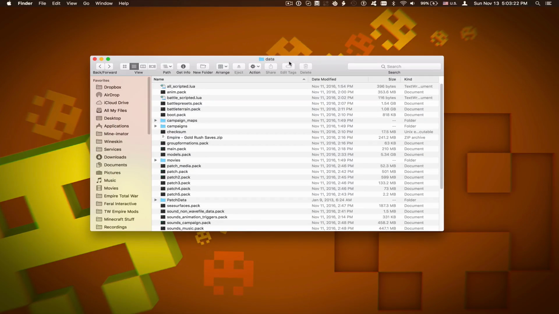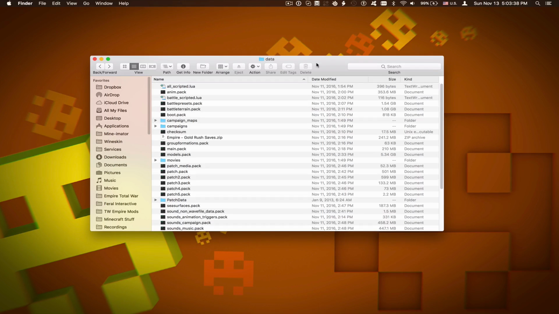Gunfonix here, and today I'm going to show you how to get all mods you download from the internet. Well, not maybe all mods, there might be some that are highly incompatible, but pretty much the majority of all the mods that are said to only work on Windows for Total War games, for them to work